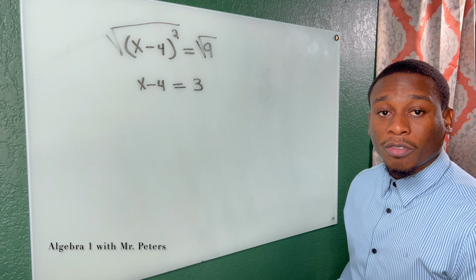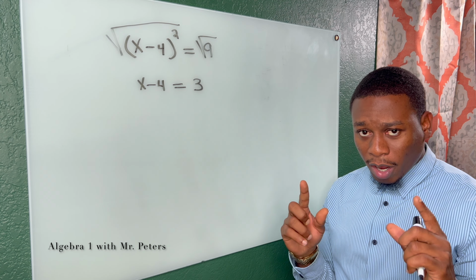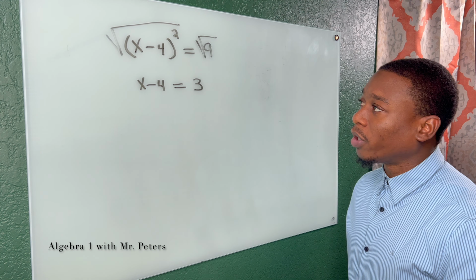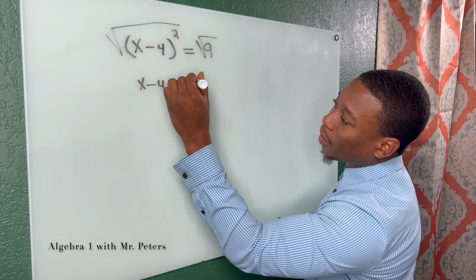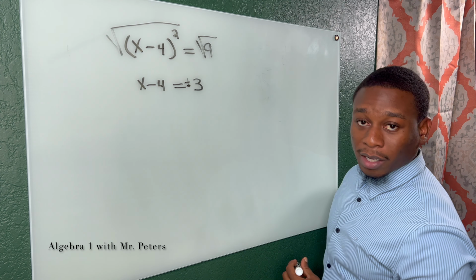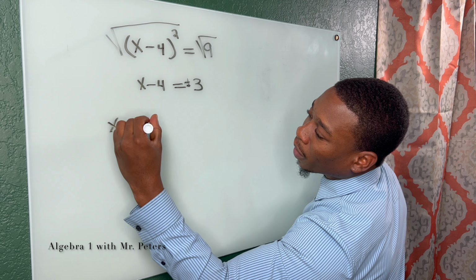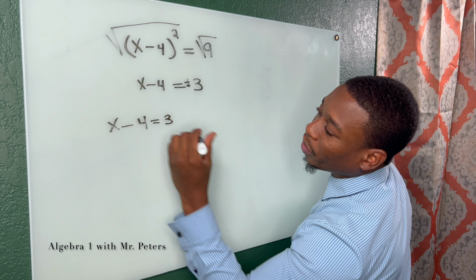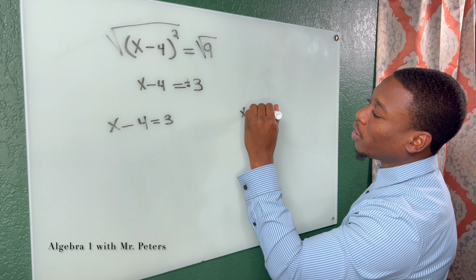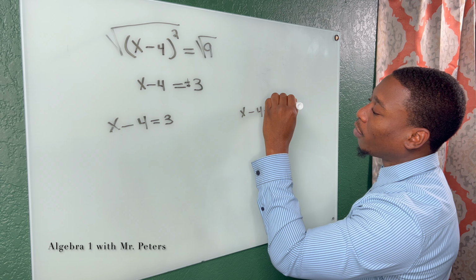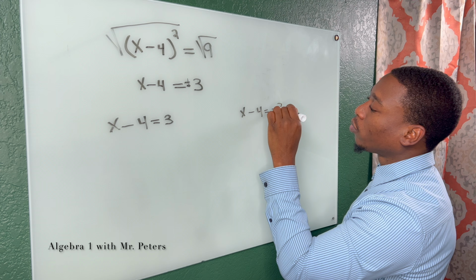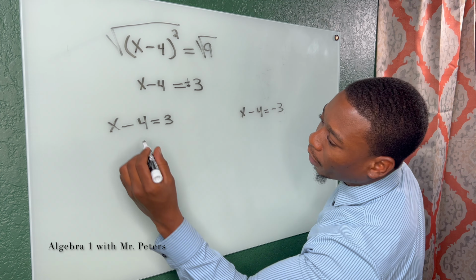Now I could solve like a regular equation, and before I forget anything, this is so important. With the square root, we have to have positive or negative 3. So let's split this into two different equations. X minus 4 is equal to positive 3, and x minus 4 is equal to negative 3. So now when we simplify,